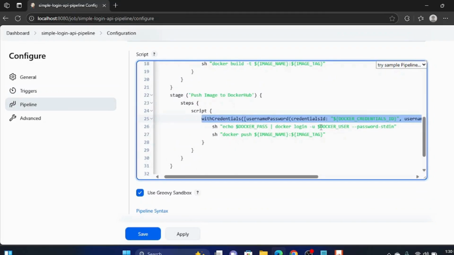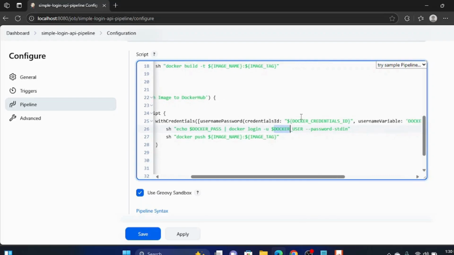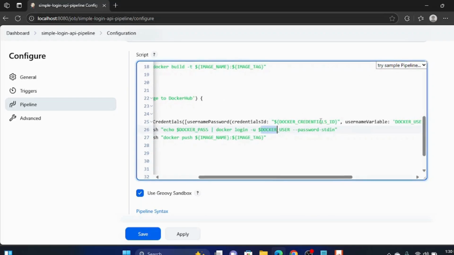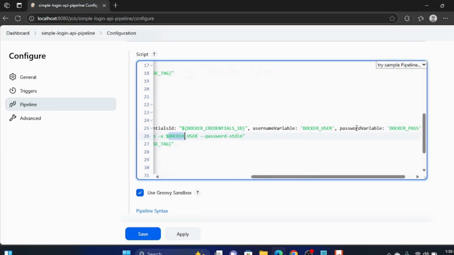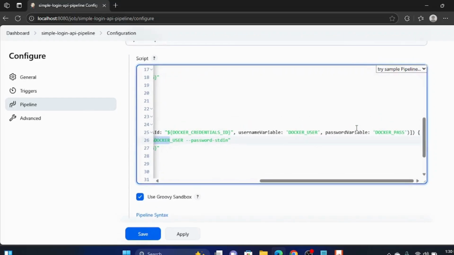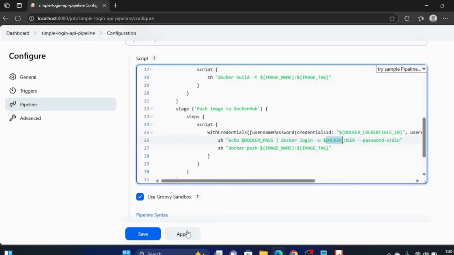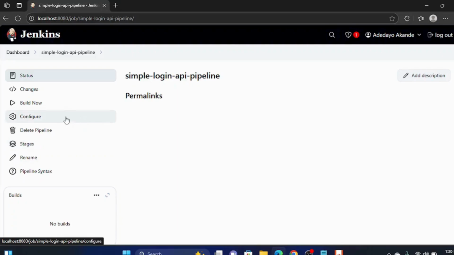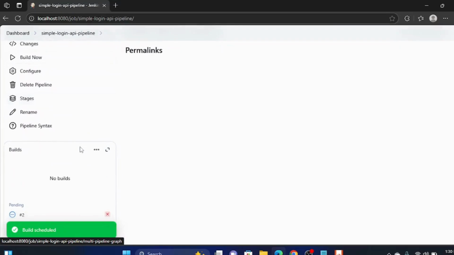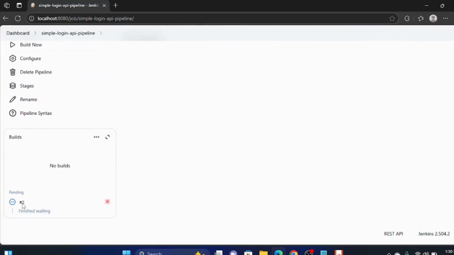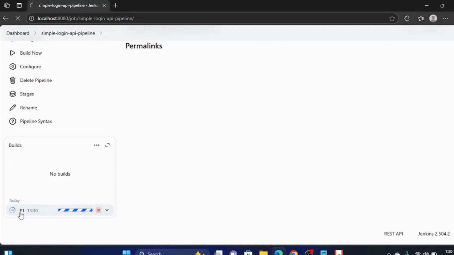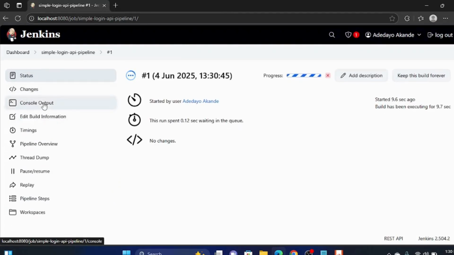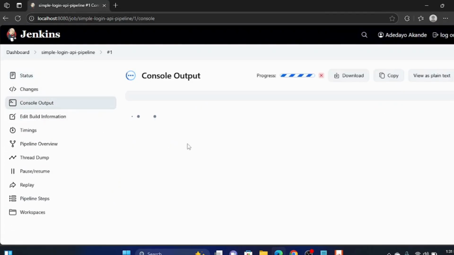Docker login, Docker user, and this is where there may be issues. Docker user password variable, Docker pass, right? So I'll apply and save, and this is the first thing we're going to know. So let's build now. So we click build now. We'll know if everything we have done has done well, and it's saying 2. Okay, this is 1, and thankfully we don't have. Let me see console output. Go to console output,